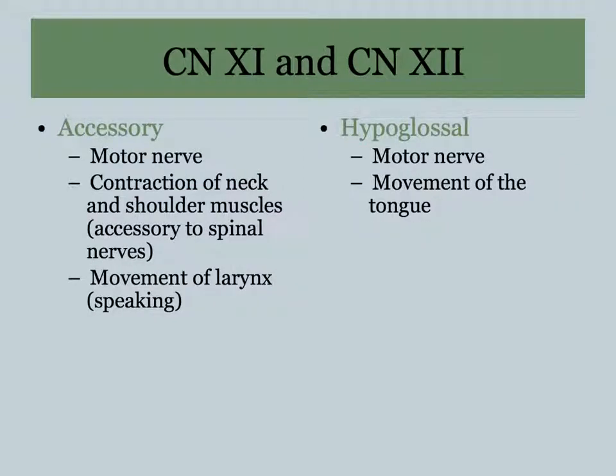And then finally on to cranial nerves 11 and 12. The accessory nerve, number 11, actually is an accessory to the spinal cord because it's moving down into the neck and the shoulder muscles. So again, it is moving beyond the head and actually reaching down to work with some of the first spinal nerves to innervate the muscles of the shoulder. It's also involved in speaking, which we all know is a pretty important thing, as is the hypoglossal nerve,